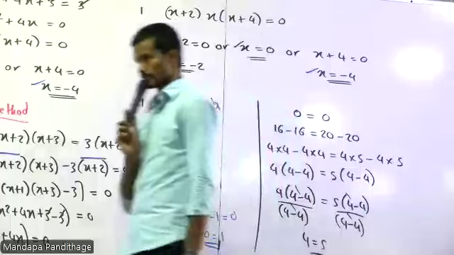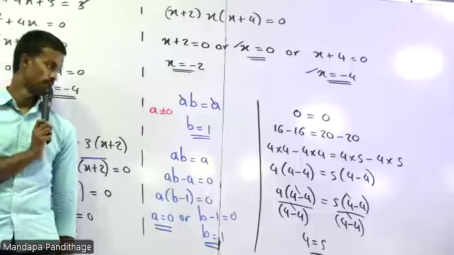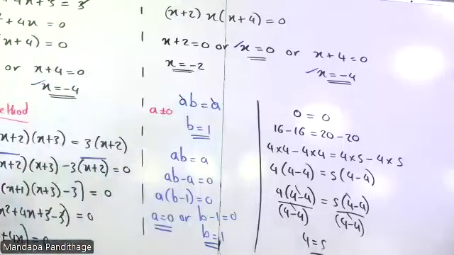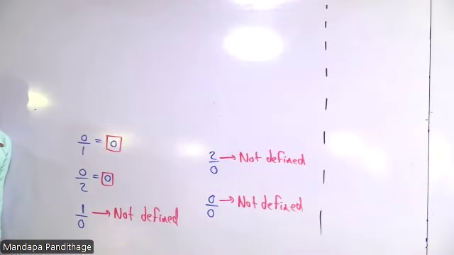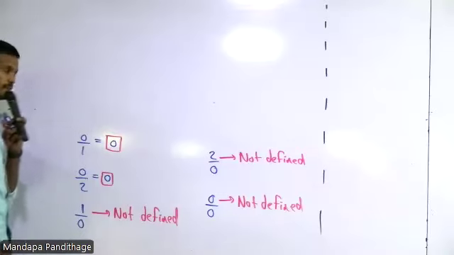In maths, a division by 0 is not defined. Then write these results: 0 divided by 1 is 0, 0 divided by 2 is 0, 1 divided by 0 not defined. When you have a division by 0, it's not defined in maths. Okay, then after writing these, write this. Therefore,